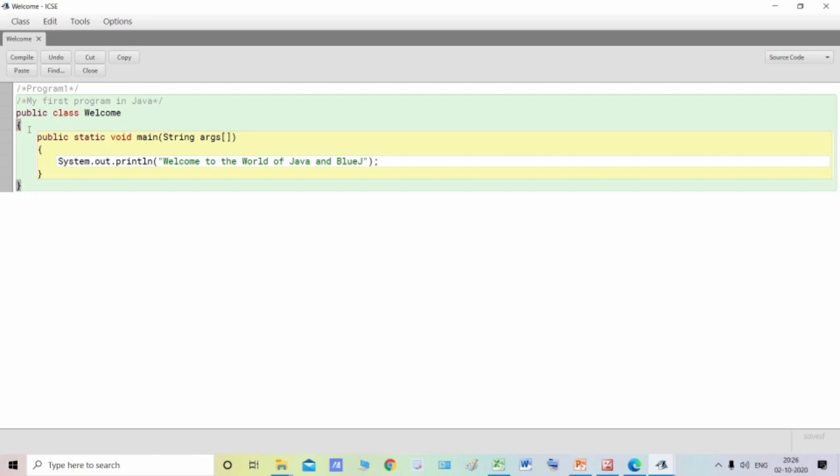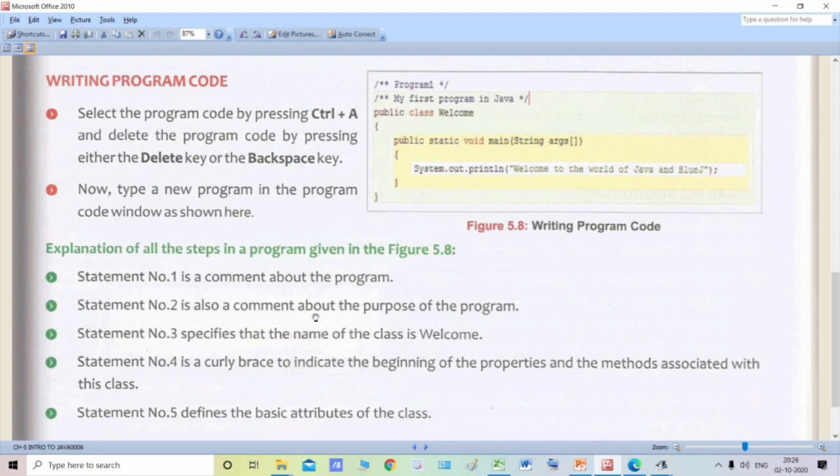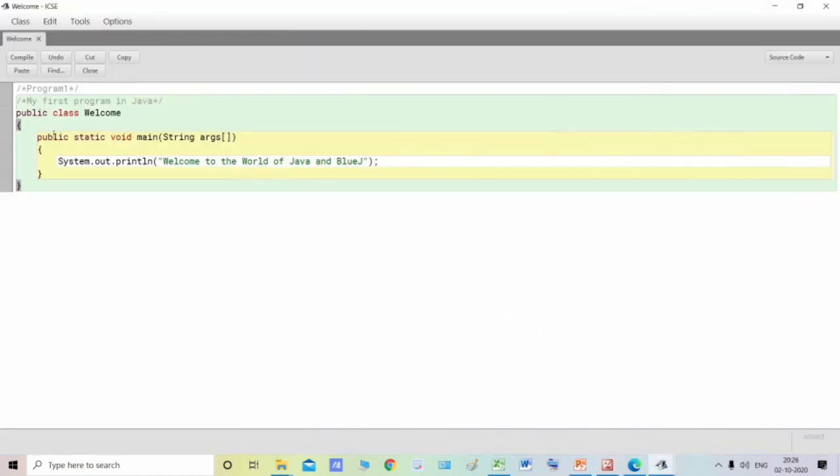Okay, and now inside this curly brace we are going to define properties and methods associated with this class welcome. Okay, moving on, the next line is public static void main, string, in round brackets.